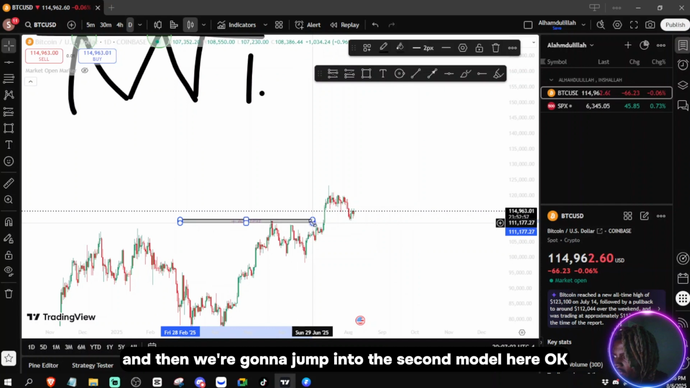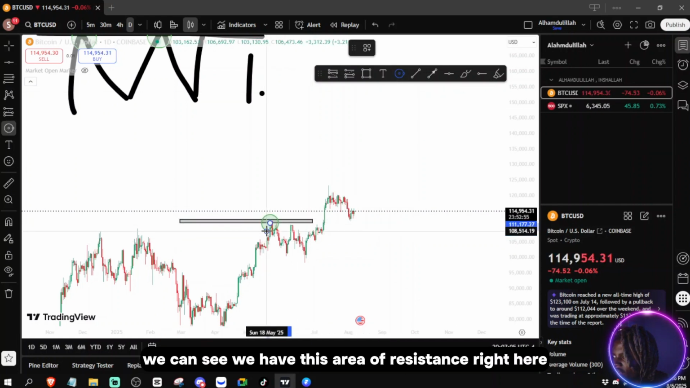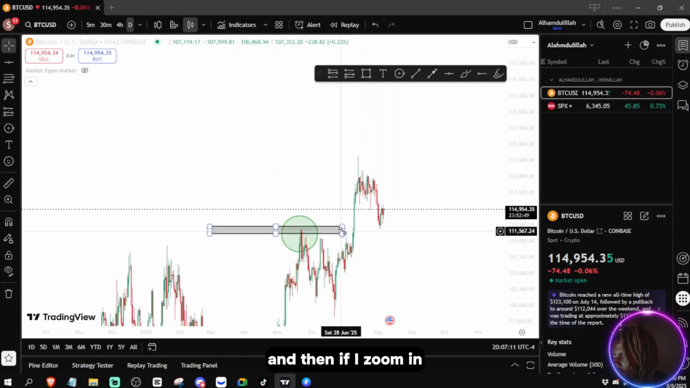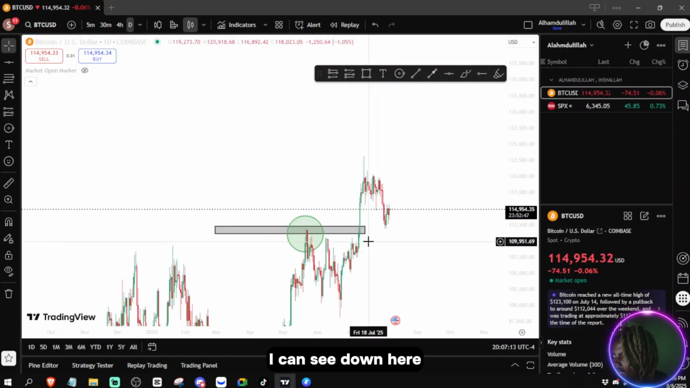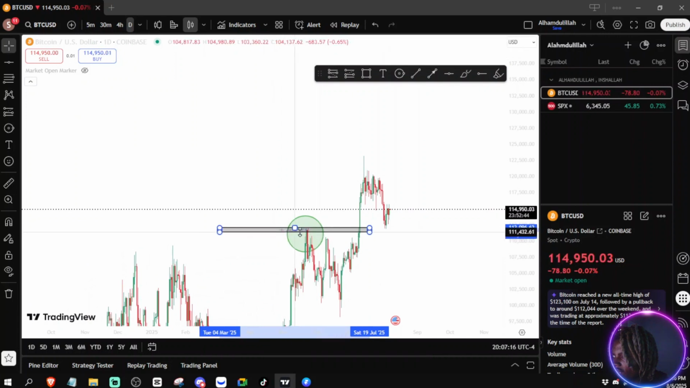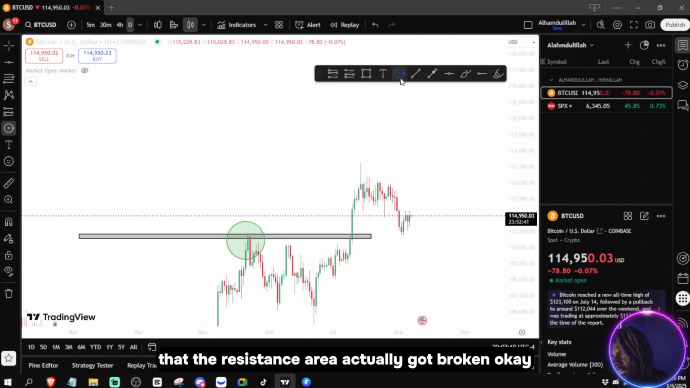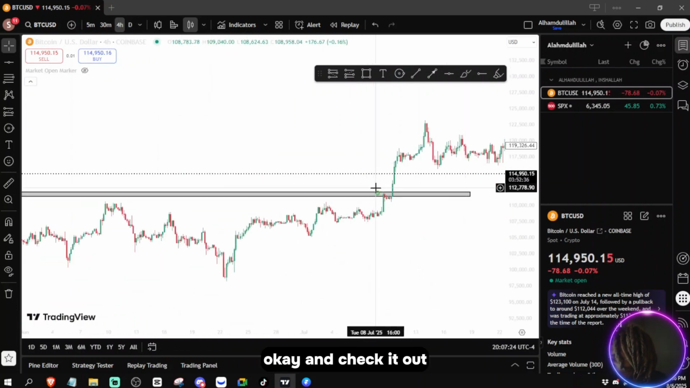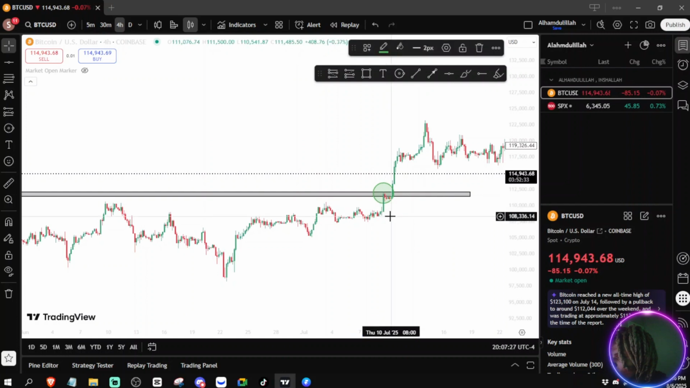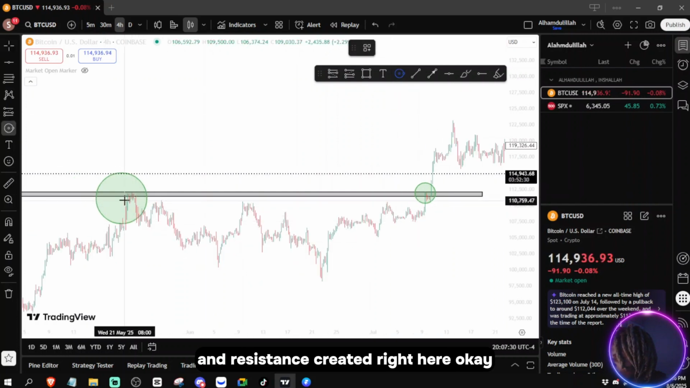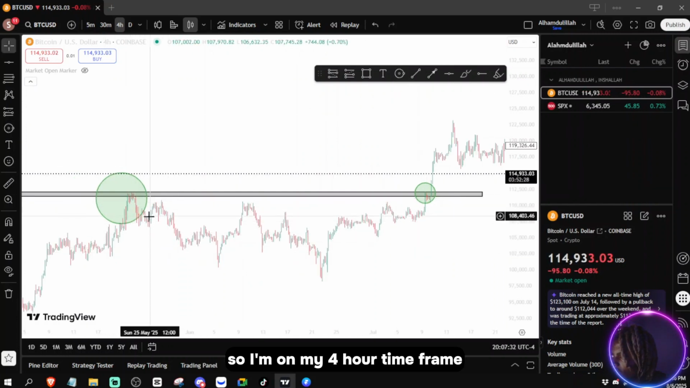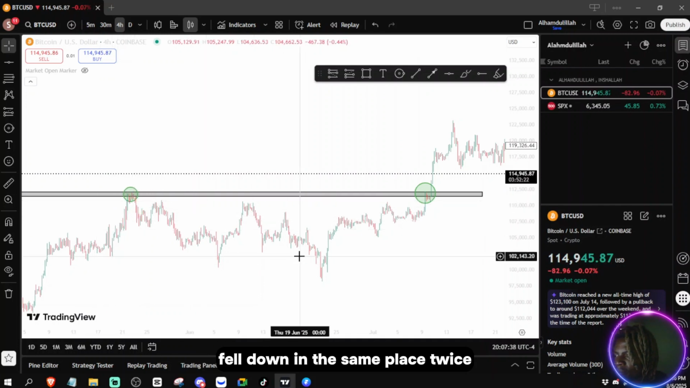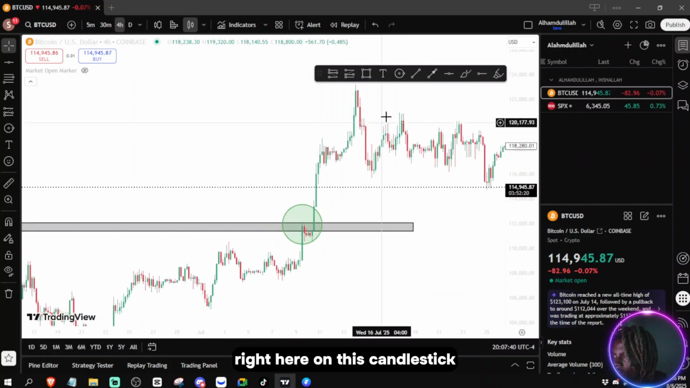and then we're going to jump into the second model here. In this model, we can see we have this area of resistance right here. And if I zoom in, I can see down here that the resistance area actually got broken. So let me go to my 4-hour time frame and check it out. So boom, resistance created right here and resistance created right here. I'm on my 4-hour time frame, and as you can see, the area of resistance fell down in the same place twice. But as soon as it got broken right here on this candlestick,